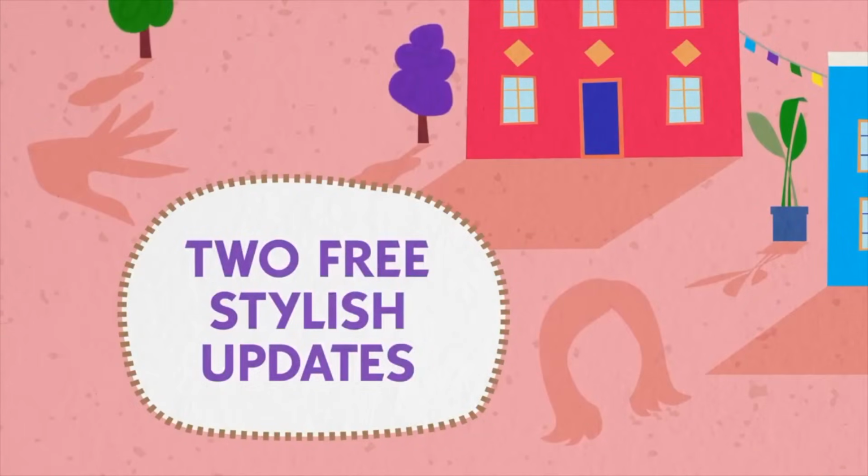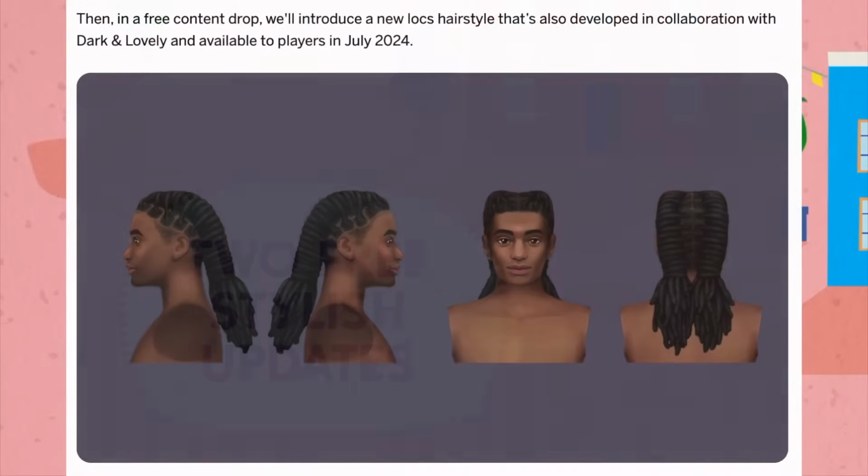We have a hand clearly showing off their nails, so looks like we're getting some new nails for free. That's nice. Off to the right, we have a hairstyle, and I think that's just hinting towards the previously announced locks hairstyle that we're supposed to be getting in July, which is the last part of that collab with Ebonic Sims and Dark and Lovely. There could be more hairstyles that we're getting, but I'm just going to keep my expectations low